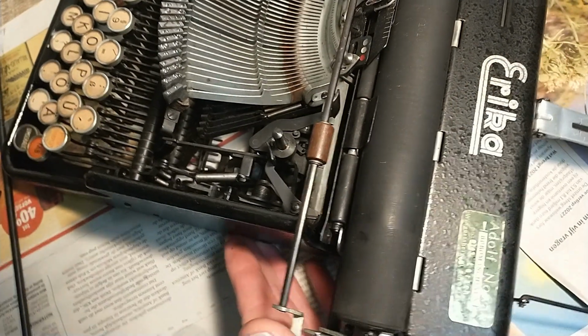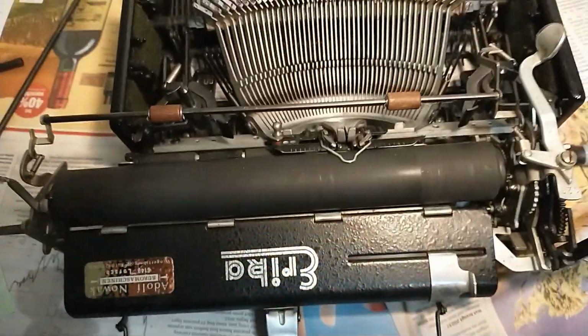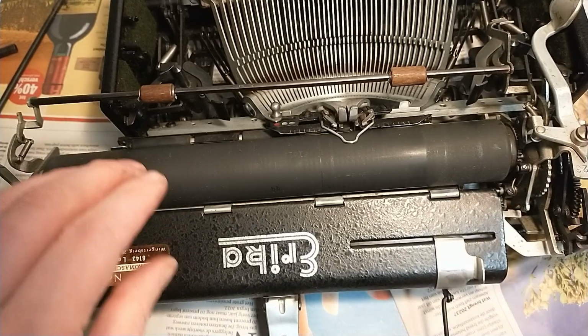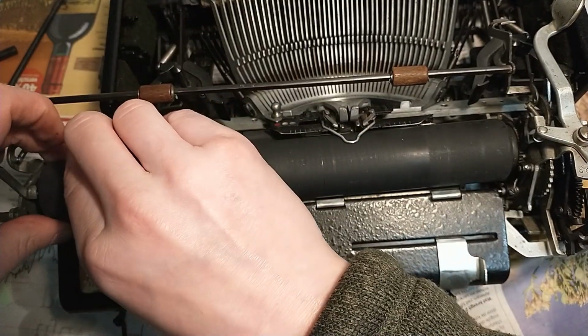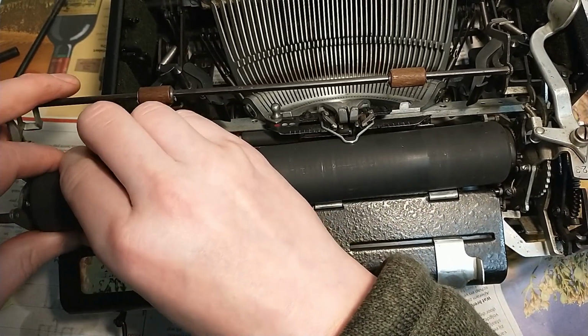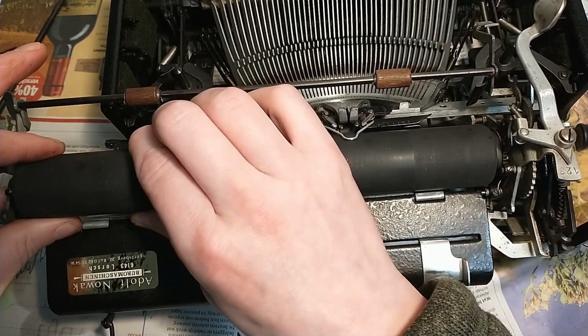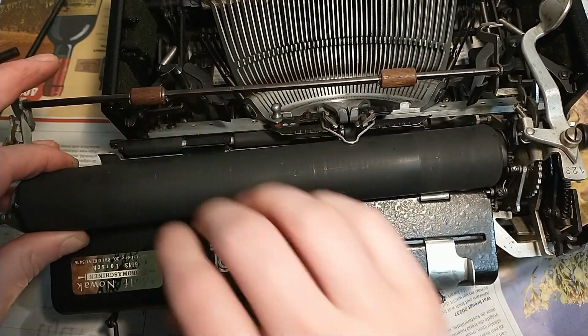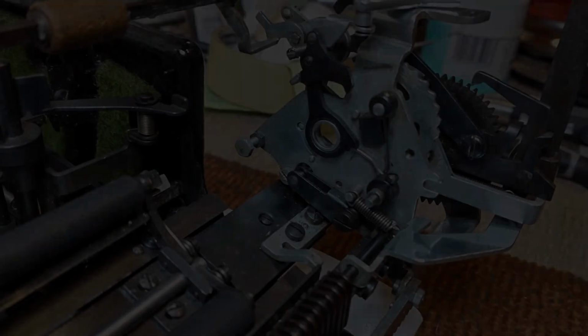Now I should be able to remove the platen. Now, take a good look at this right side, because my experience with Erika's is that things can go boom when you take the platen out. There we go, that's the platen. Now if things do